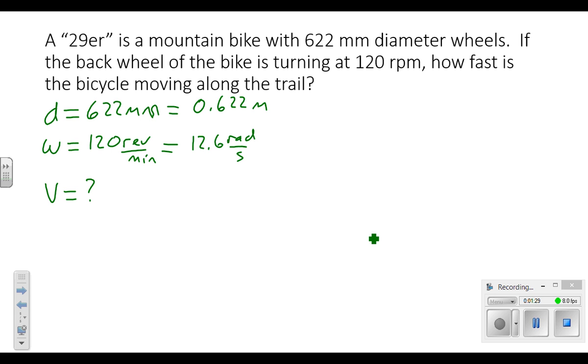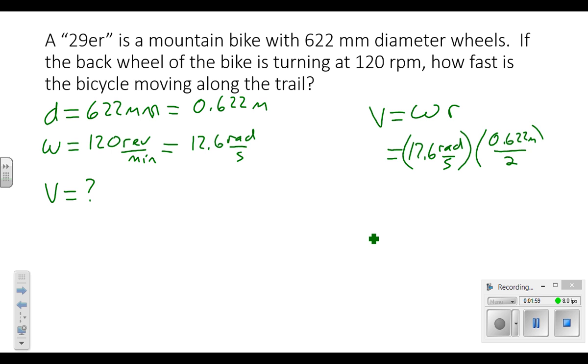So if you look through your equations, you're going to find, I think, that we've got this equation that we can use to transition from linear to angular velocity. The linear velocity will be equal to omega, the angular velocity, times r. And we can just plug in these numbers. We've got omega, which is 12.6 radians per second. And yes, we don't have r, but we can take the diameter, 0.622 meters,